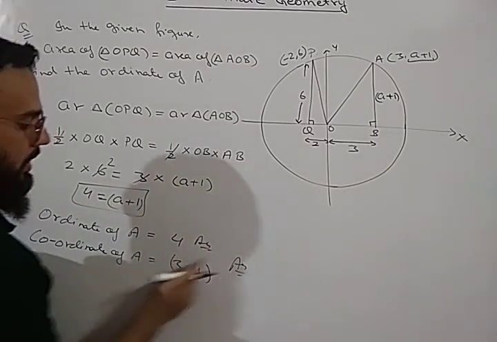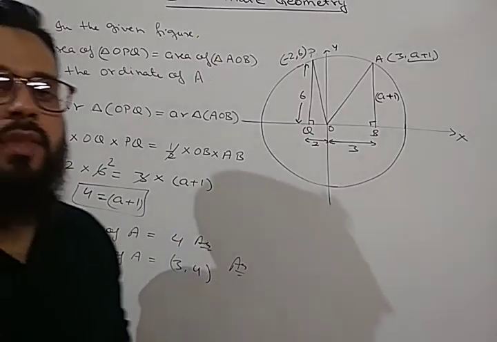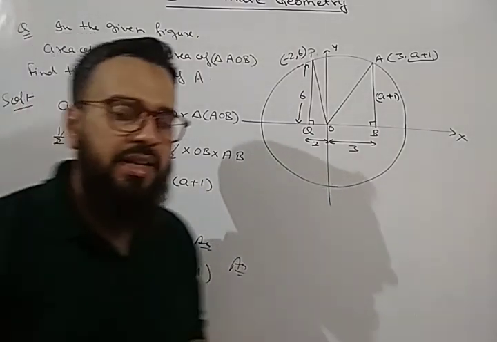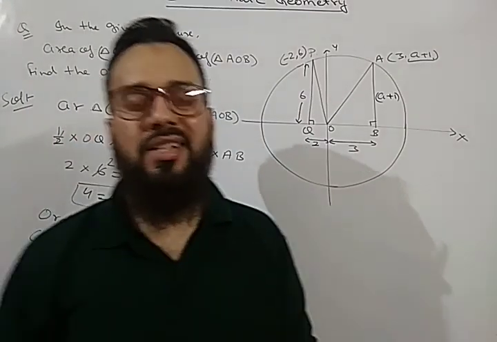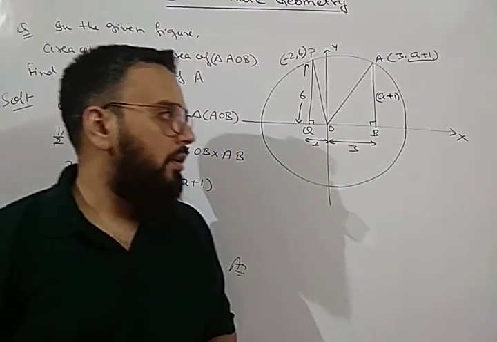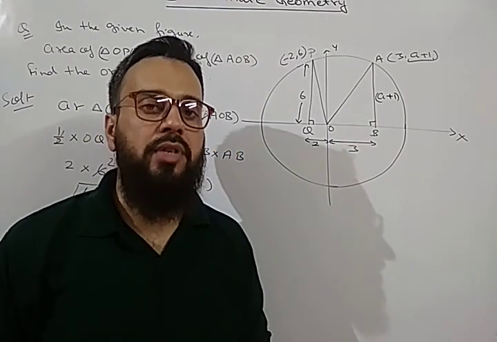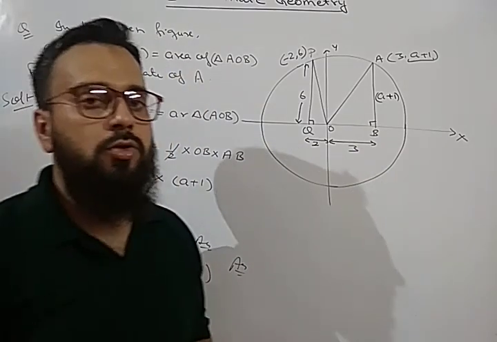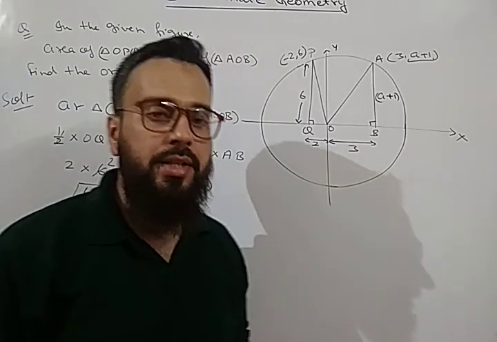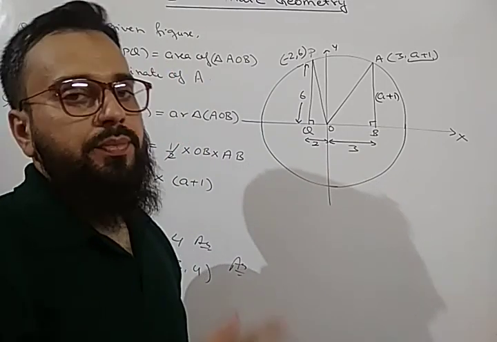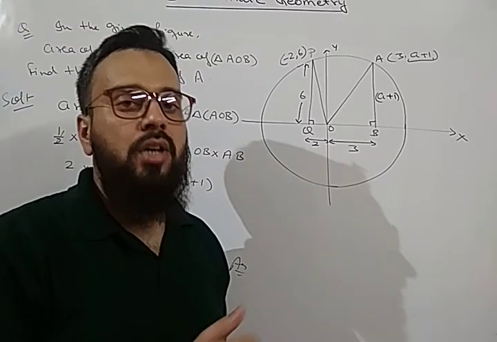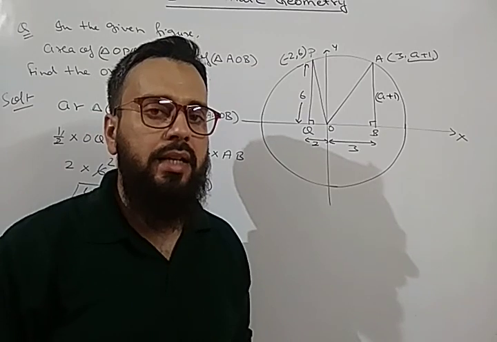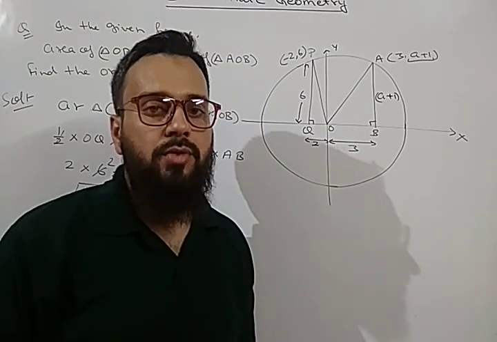This is ordinate and this is coordinate. Clear? So in this way we have solved different type of questions in coordinate geometry. So you have to practice this question, you have to revise this question. These are all very important questions of coordinate geometry. So now we have completed our chapter coordinate geometry. So you will revise all this question and solve as much question as you can. Okay, then we will start the next chapter from the next video.